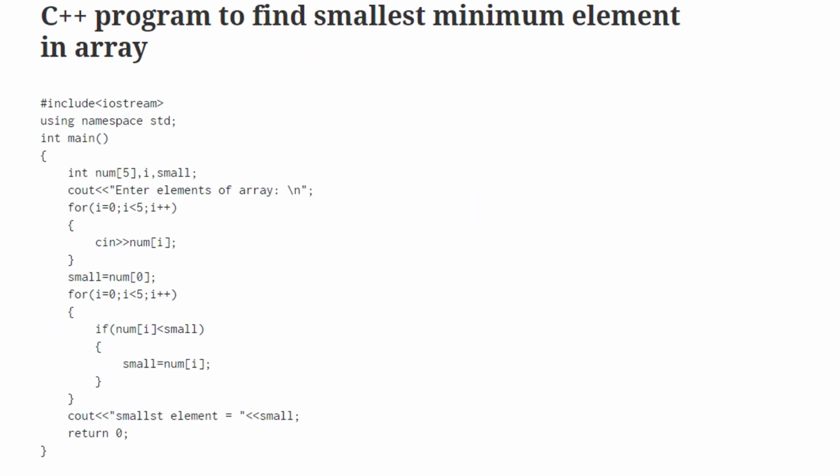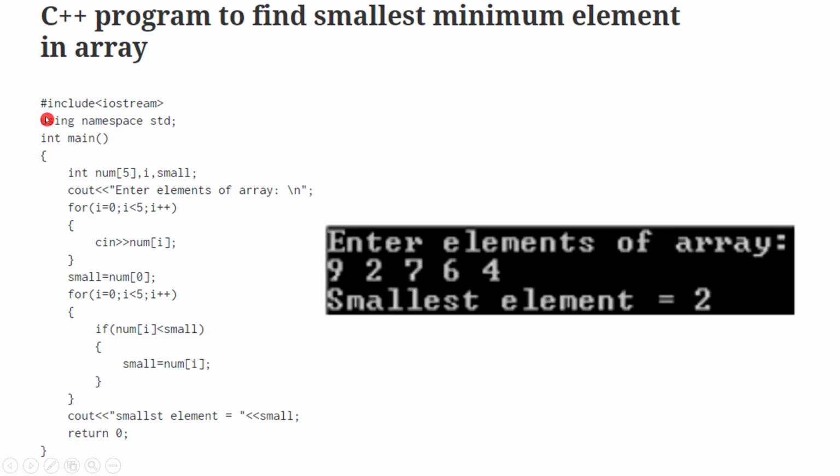The same principle, but in a different way, to find the smallest minimum element in the array. We'll see the output also. But why I'm showing output is that we need to customize the input or the statements to get this output. It is the user's choice how to print out the values, but I want to show you clearly what you need to input here to get this corresponding result.